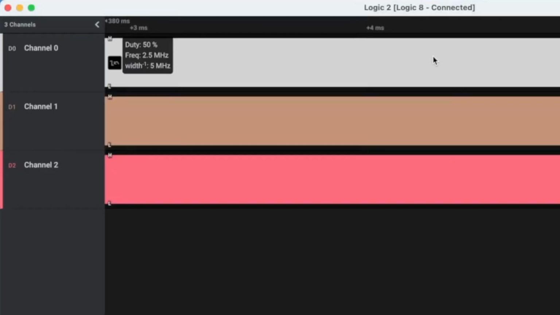Alright, so we're looking at the 3 clock signals of the computer here. This first signal is the main clock, the clock that we use for most operations. It is running at 2.5 megahertz, as you can see in the upper left corner. Sometimes it does flick to like 52.5 on the duty cycle, a little bit off, but generally it is a